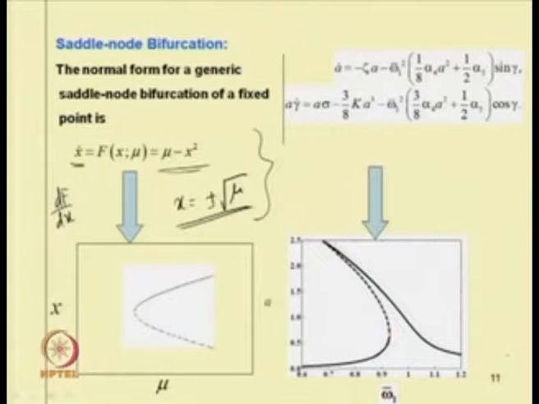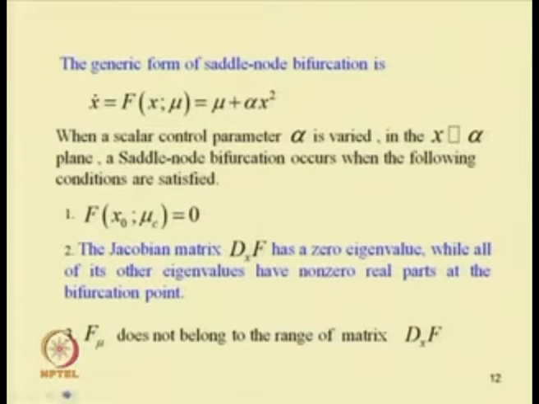After plotting this frequency response curve and finding the eigenvalues of the Jacobian matrix, one can see that at these points one can obtain the fixed point response and one of the eigenvalues becomes 0. So, as one of the eigenvalues becomes 0, this is a static bifurcation point. In the static bifurcation point, to know whether it is a saddle node bifurcation point or not, these are the conditions.